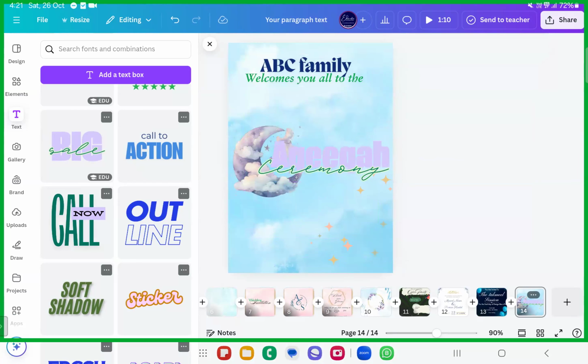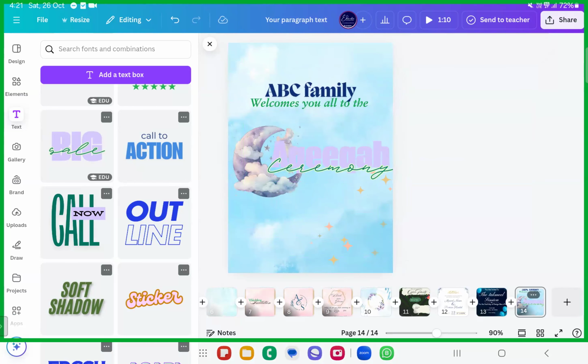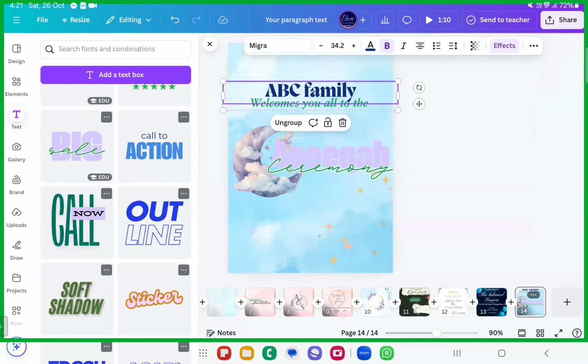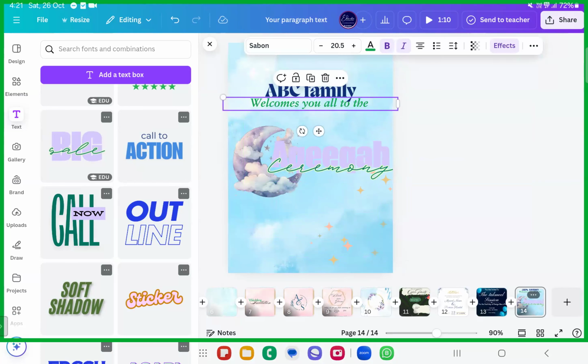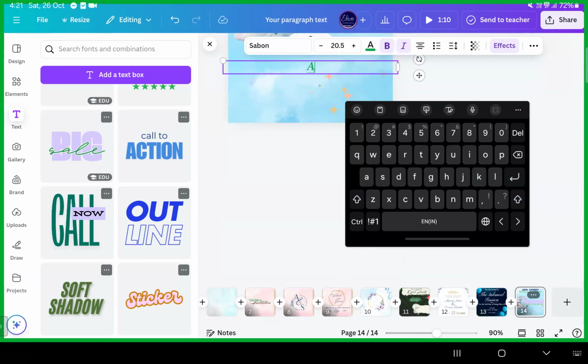We can just write it like this. And then we can just write it of home ceremony. We can just ungroup this over. Okay, these are simple ways we can create the steps, fine. I'll just write Abdullah.